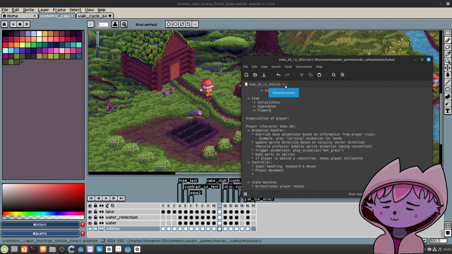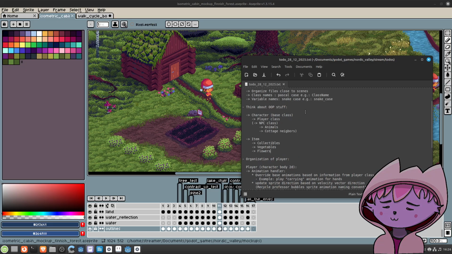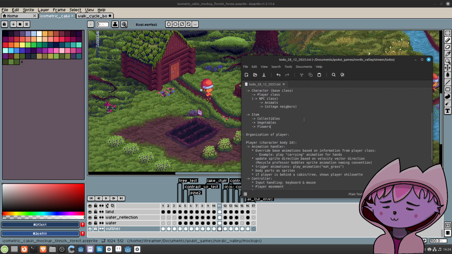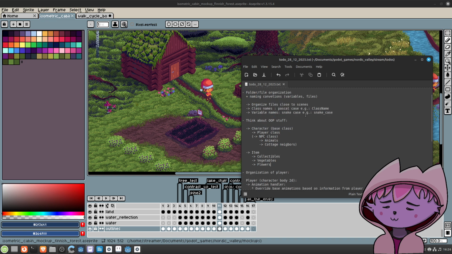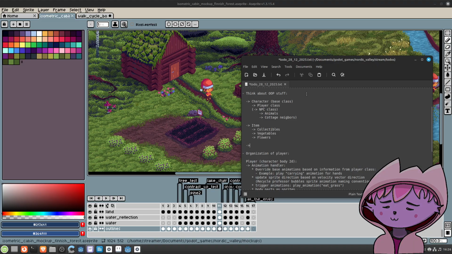I know that some people use programs like Obsidian. Maybe there are some others too, to put thoughts down and save them in an organized manner. But I think I will simply convert these thoughts, which I have put down here in the text file, to my Trello board. Let's make a note that we need a tile map handler.